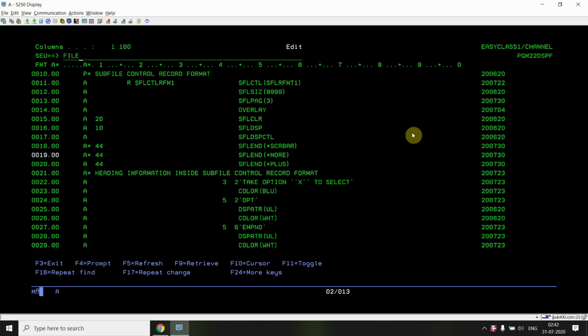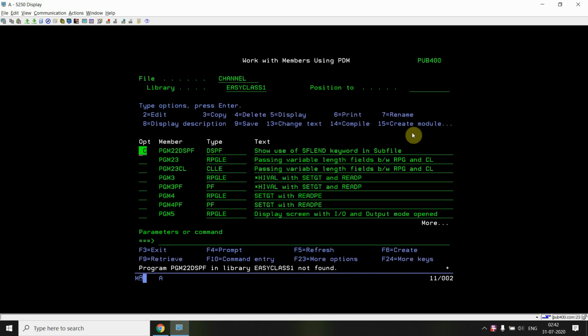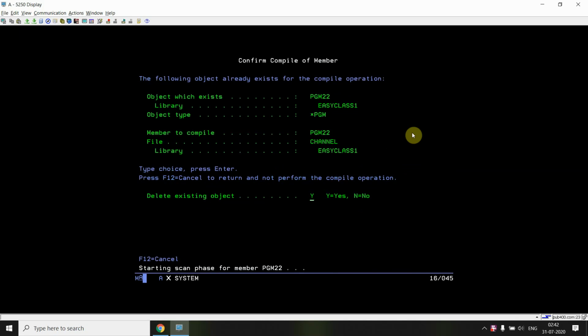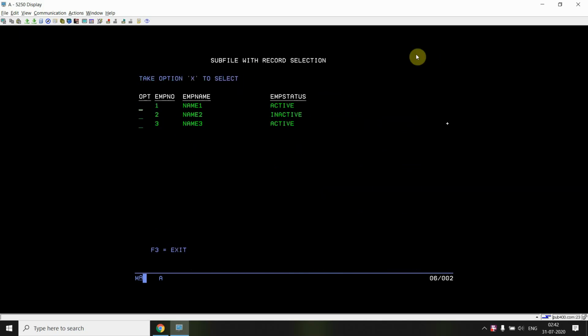So if I use plus and just compile this, okay, sorry, just compile this also. Call this program. Now you can see the plus sign, which denotes that there are further more records. If I press page down, you won't be seeing that plus anymore.